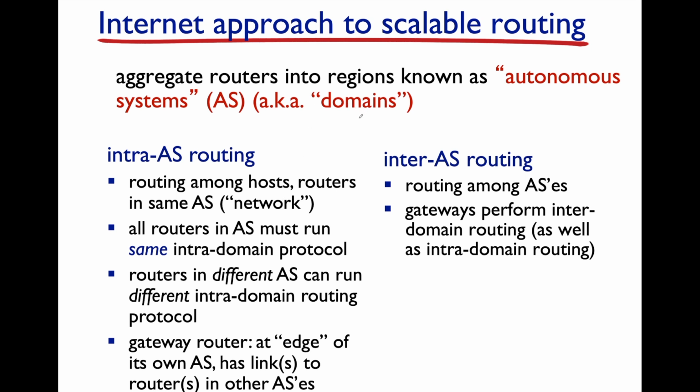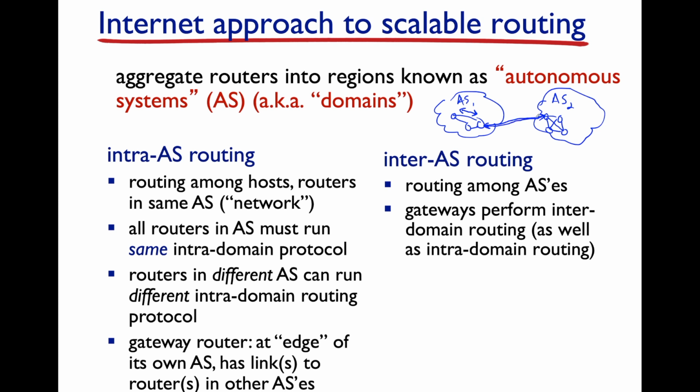and sometimes you call them domains. And as such, you need two things to happen. Let's assume we have autonomous system 1, and that has a set of routers that can route between one another. And then we have another autonomous system, AS2. As autonomous systems, they know how to advertise distance vectors and path costs and find optimal routes and all that good stuff. So you need a way to route between routers in the same autonomous system if you're going to use this approach to group them together in order to make it scalable. And then you'll also need a way to get packets between autonomous systems, say this router here in AS1 and